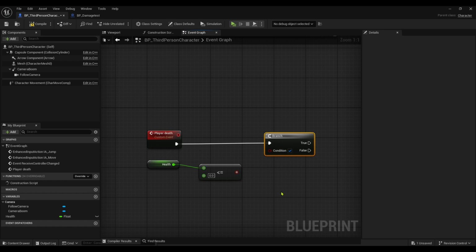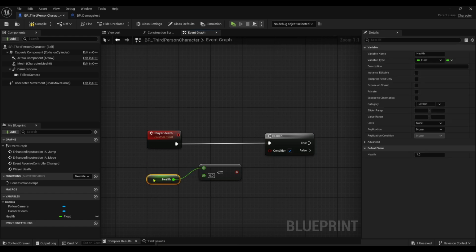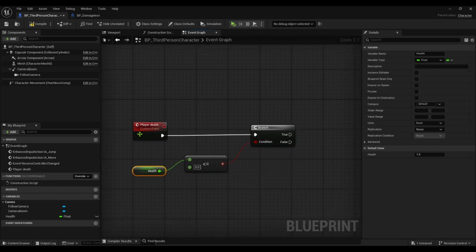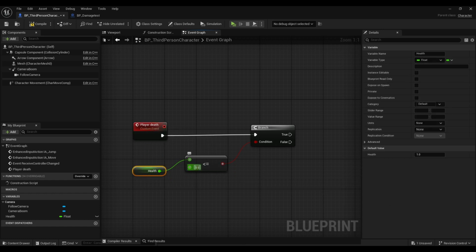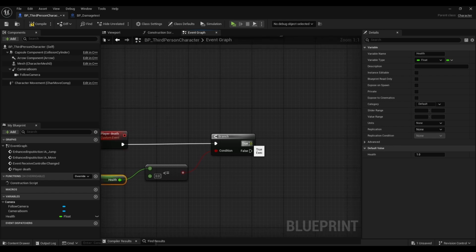A branch is like if in other programming languages. It's how we set up conditions. Something's true or false, so it is Boolean related. Just join the red up to the red. Okay, so basically saying, look, setting up a custom event. It's called player death. Basically, if our health is less or equal to the value of 0, if it's true,